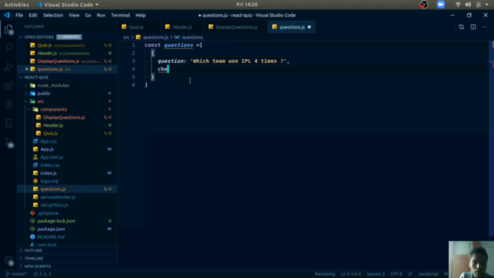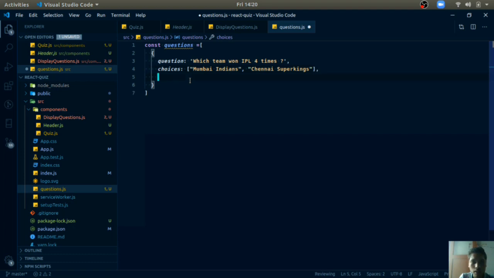And another property will be choices, it will be again an array, and the options can be Mumbai Indians, and you can write any question. Like this you can create.